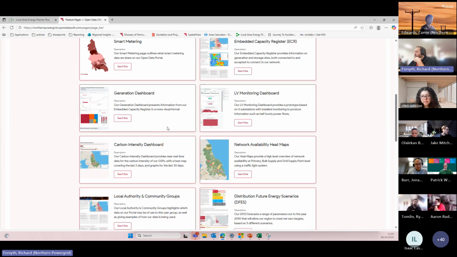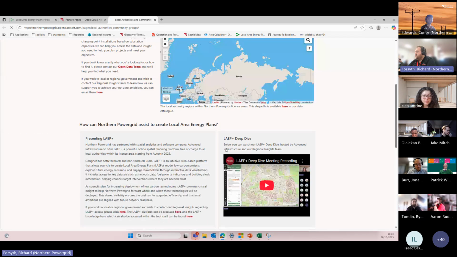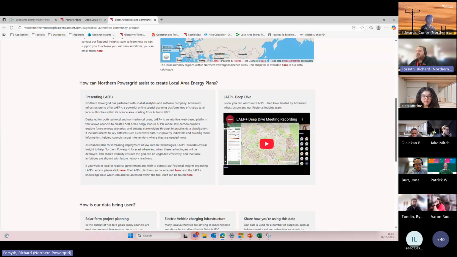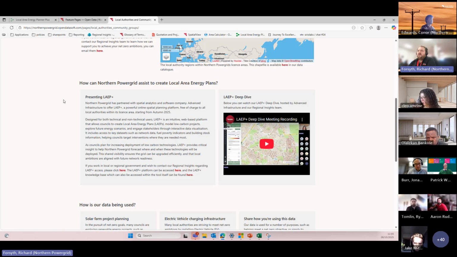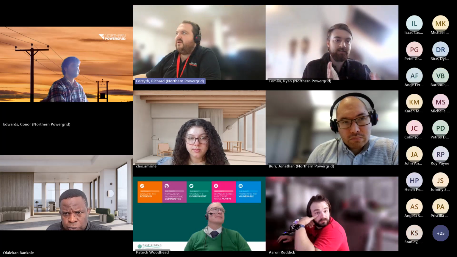Yeah, we've got a load of options here. We go to the local authority and community groups, see it live, and it's just all in this section here. So everything LEAP Plus based is going to be put in this area here. So yeah, there's just a little go-to for you if you ever miss a session or you ever have any questions on that. So that's that. I'll pass over to Ryan, who is going to have a quick data question on the platform for you before we dive into it as well.